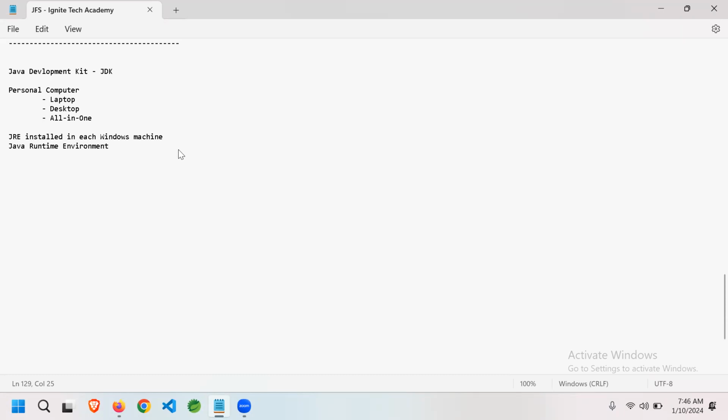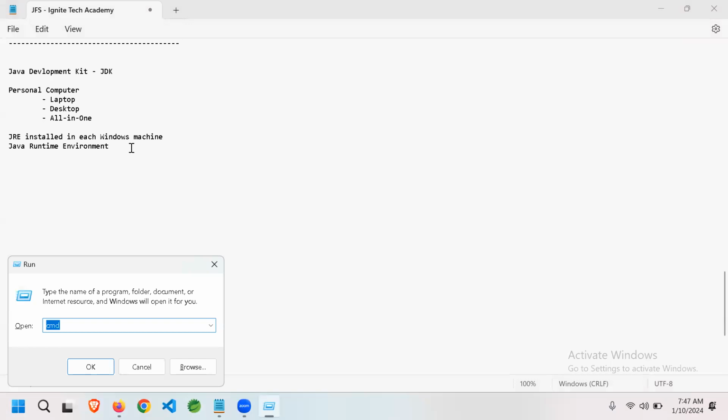And now I'll show you how you can check whether you have a JDK or a JRE installed in your machine, and if it is there, how you set up a path. If it is not there, how you can install it and set up a path, right? So open a command prompt using Windows R. I'm giving CMD,